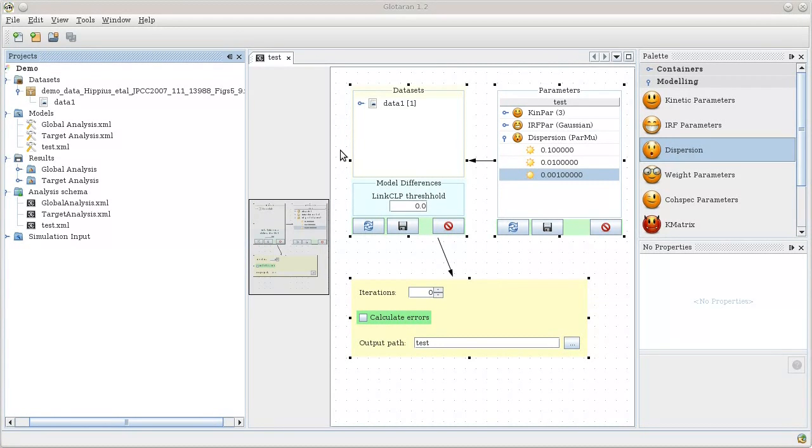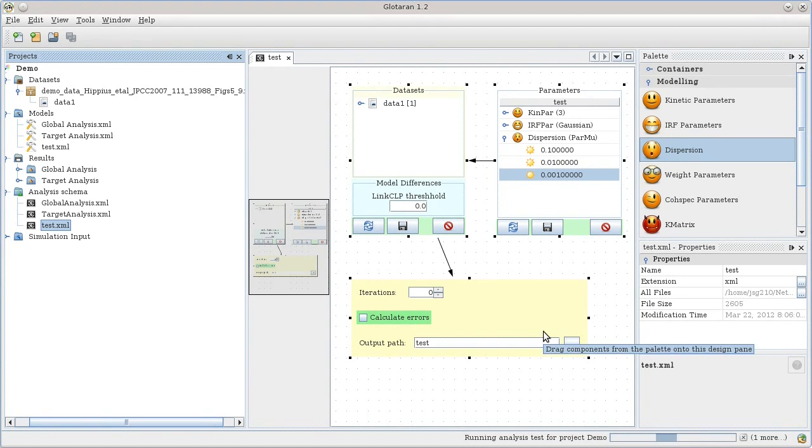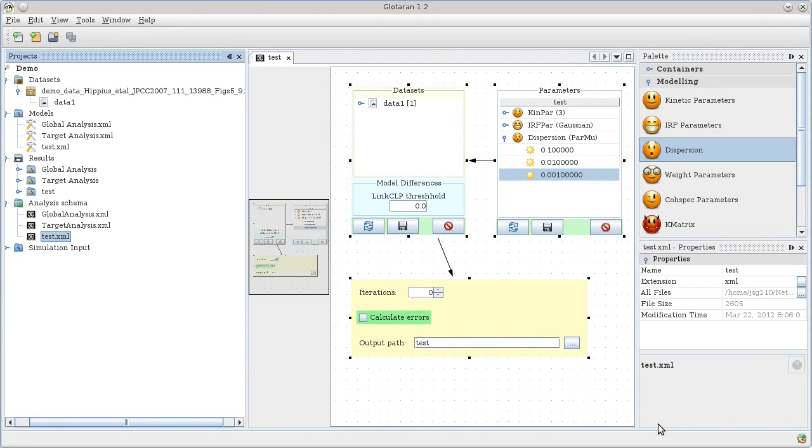Once the analysis scheme is saved, which we check by looking at the toolbar button, we can now run the analysis by right-clicking the analysis scheme file and selecting Run Analysis. Now, assuming that you have RServe running in the background, the analysis will start as indicated by the progress indicator below. After a few seconds to minutes, depending on the size of the data and the complexity of the model, a